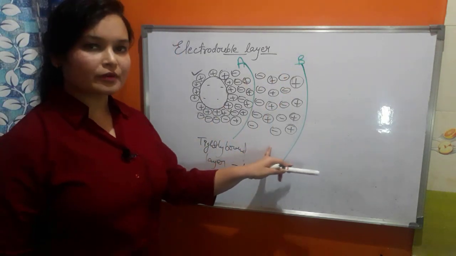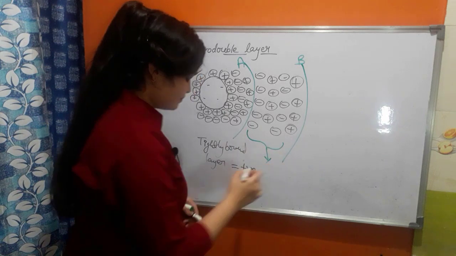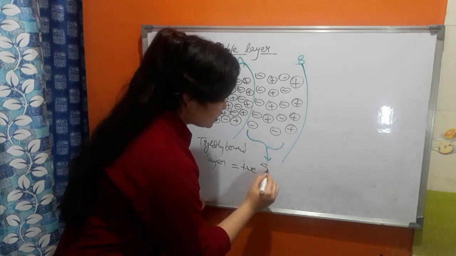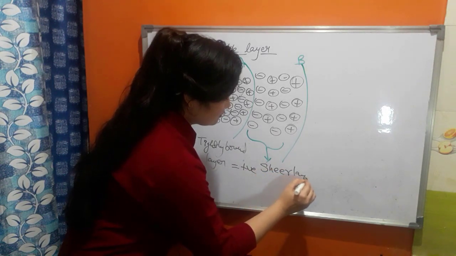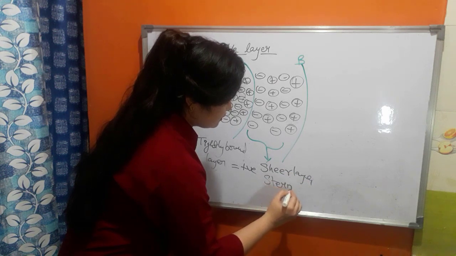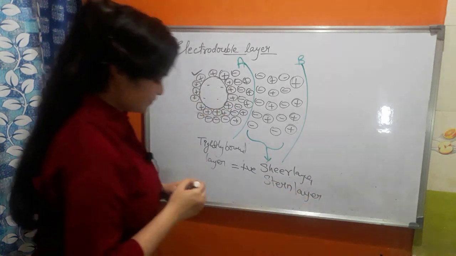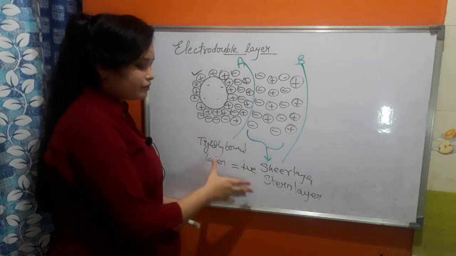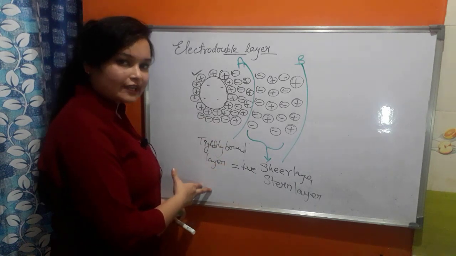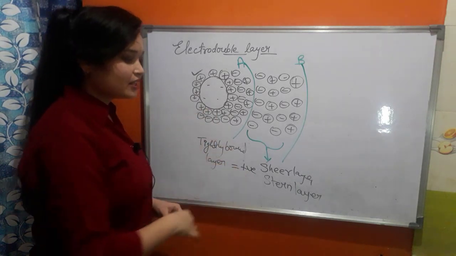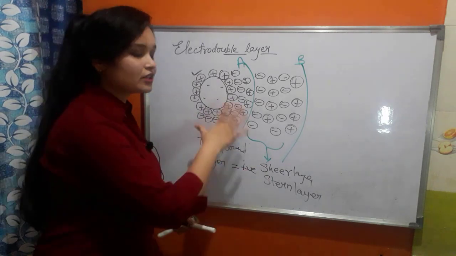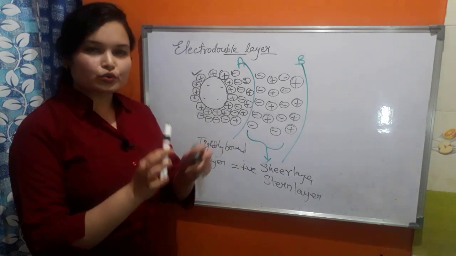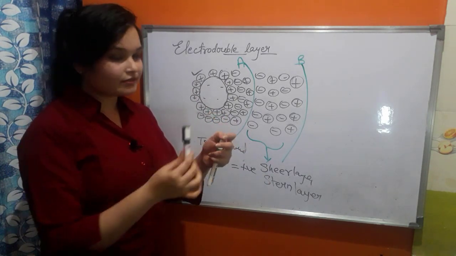And this layer which is formed here is known as shearing layer or Stern layer. Why is it called this shear layer? I'll tell you. Because we've already learned what the tightly bound layer is. It will move along with the particle, but this shear layer is kind of shearing on the surface of the tightly bound layer. It's not that tightly bound to the particle, it's kind of loosely bound, and when the particle moves,